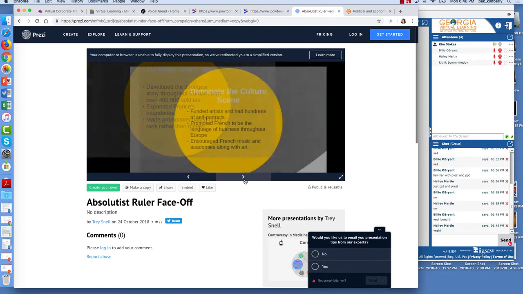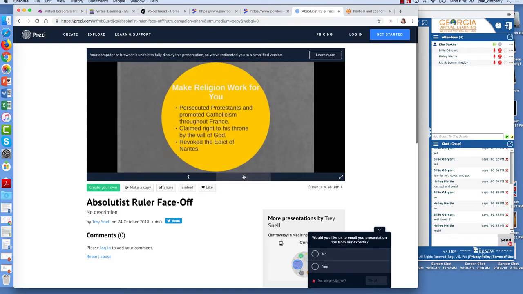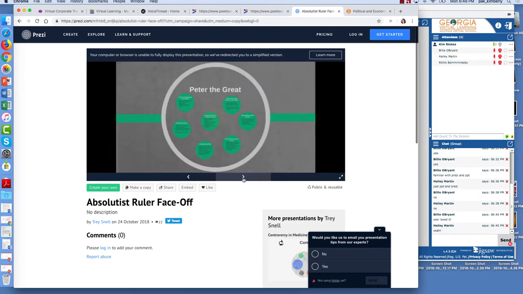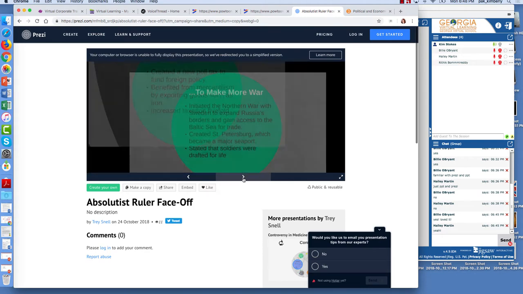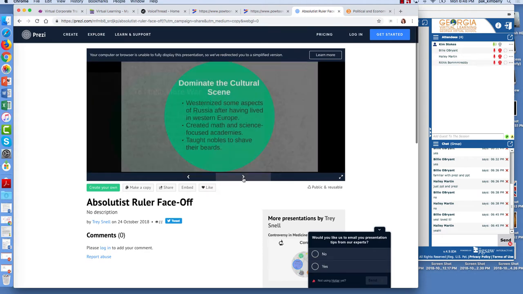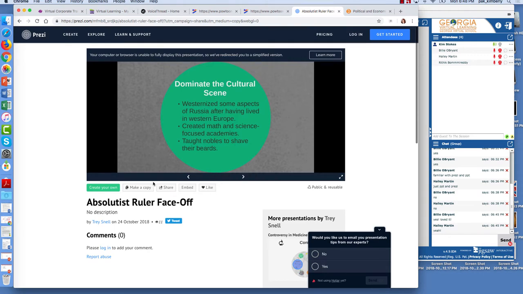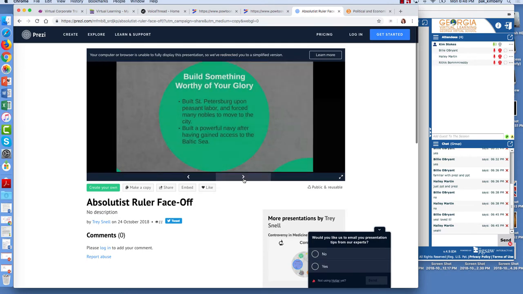I'm just advancing through the slides here. If you were to see my mouse, I'm hitting this arrow right here. Again, Prezi is free with an email setup. All of these tools provide a link that you can post in a discussion or a Dropbox.